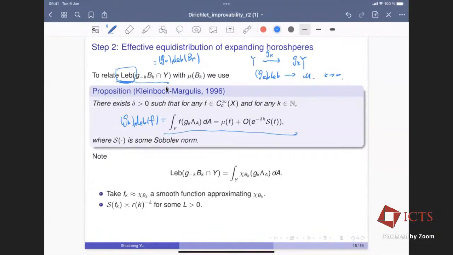For example, there's a result of Sam Chow and Lei Yang, in the case when d equals 3, I don't quite remember, where they have some effective distribution theorem replacing this torus by some straight lines on the torus. So the measure would just be the Haar measure on this line, and with their theorem you can actually prove similar results, replacing this Haar measure by the Haar measure on this line. So as long as you have this analog of those equidistribution theorems,